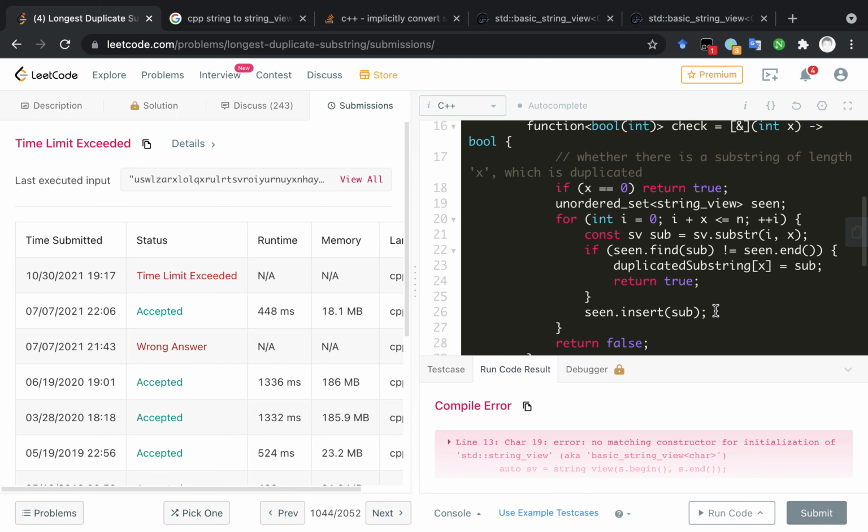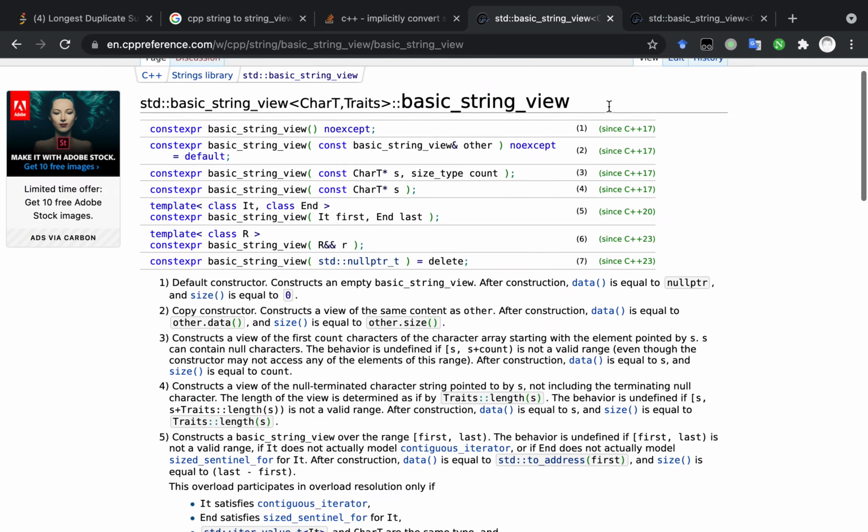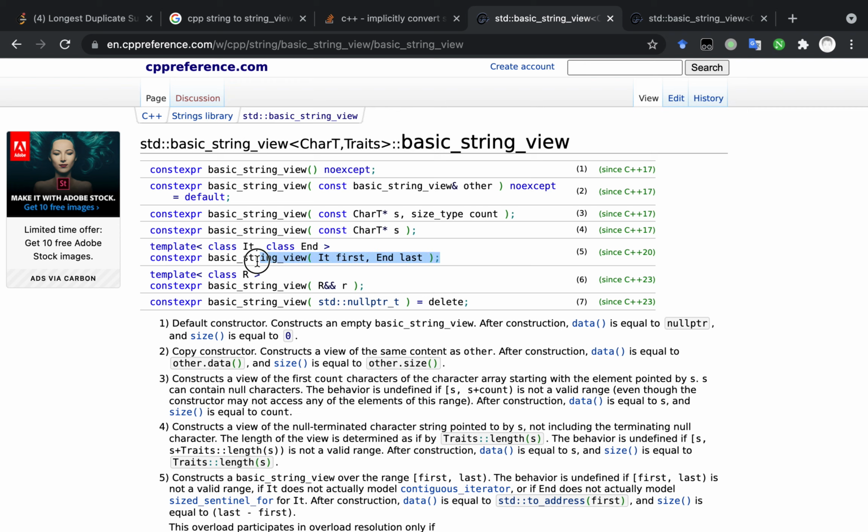Let's run the code. Oops, no match. Let's see the API. I think there is a